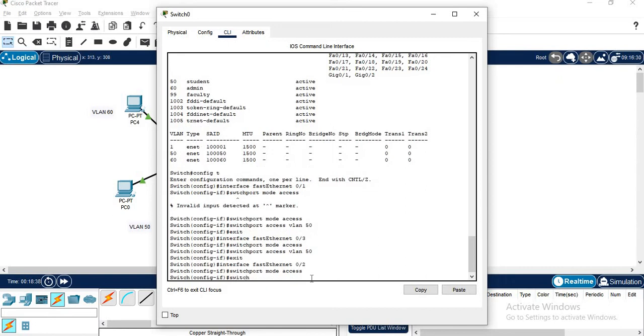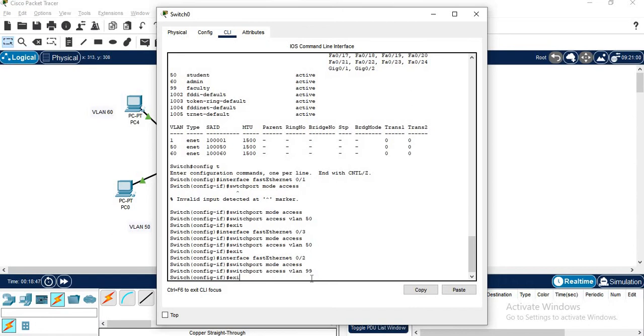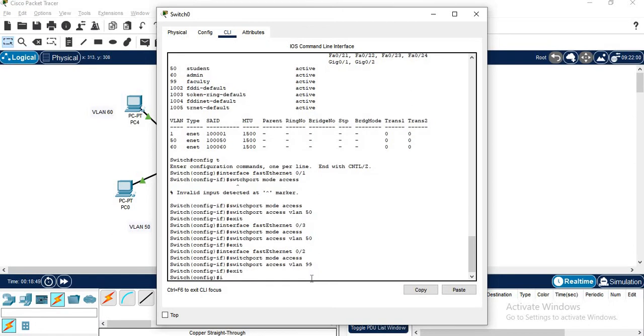Switch port access, this belongs to VLAN 99, right? So I am just giving VLAN 99, enter. Now exit. So another one, fast Ethernet connected with this is interface fast Ethernet